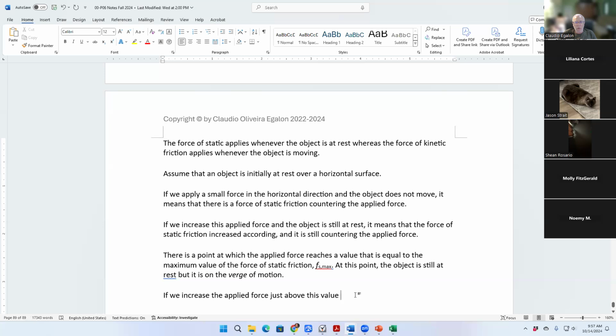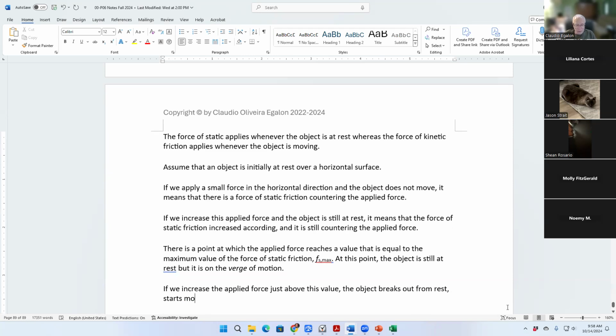If we increase the applied force just above this value, the object breaks out from rest and it starts moving, and the force of static friction becomes the force of kinetic friction, which, by the way, most of the time is less than the maximum value of the force of static friction. Okay, so